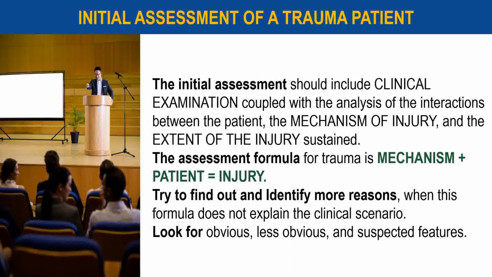The initial assessment of a trauma patient should include clinical examination, mechanism of injury, and extent of the injury sustained. An understanding and synthesis of the interrelationships among these parameters is essential. In cases where no such correlation can be made out, that is, between the mechanism of the accident, patient's condition, and clinical signs observed, the reasons behind this picture should be searched for because the reported mechanism may have been